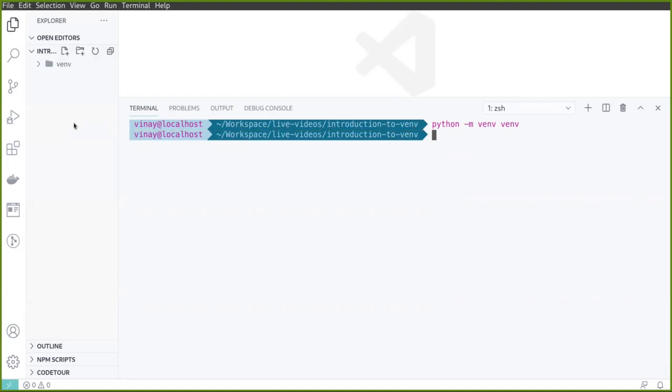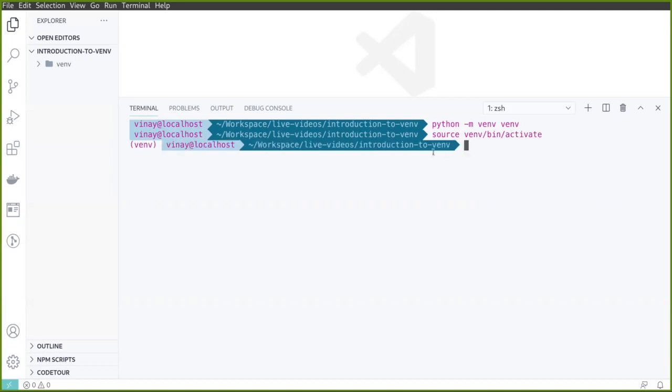You can see that there is one folder created called venv, which is our virtual environment folder. To activate the virtual environment, we just need to write source venv/bin/activate in Linux. When we run this, you'll see that venv is written over here.